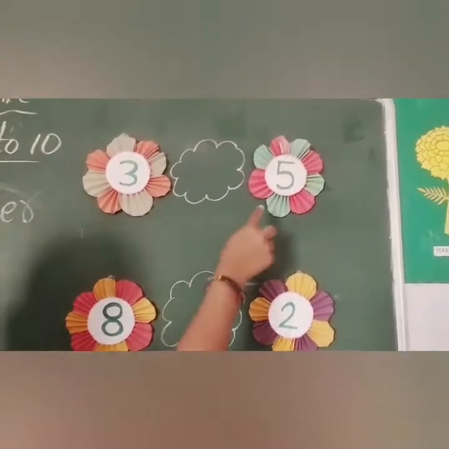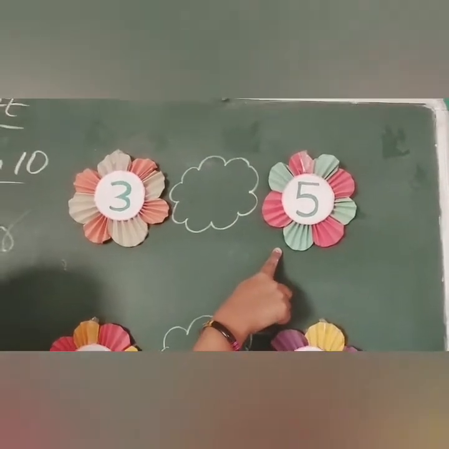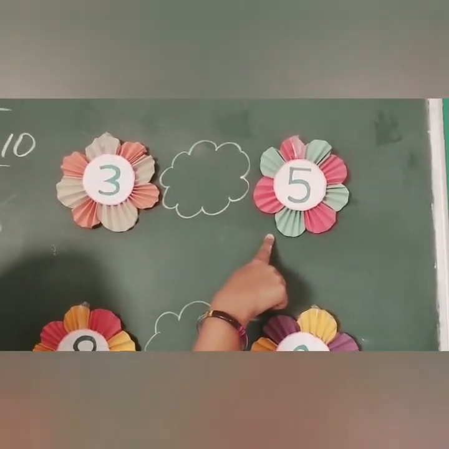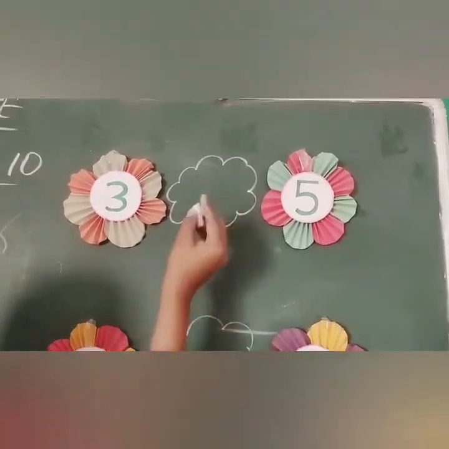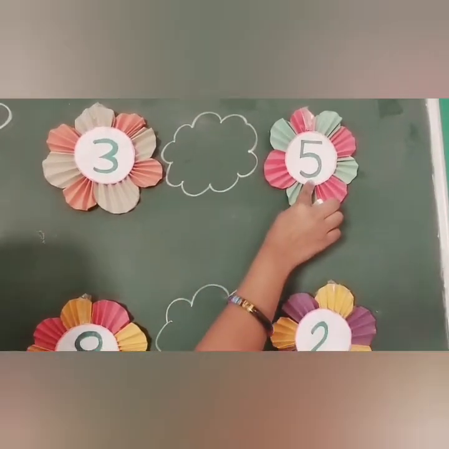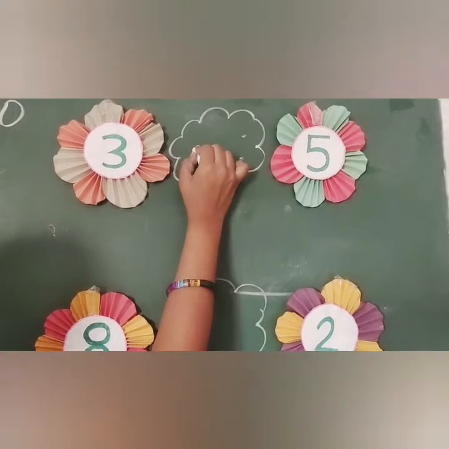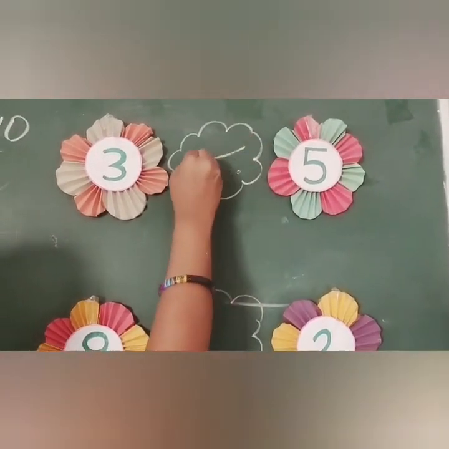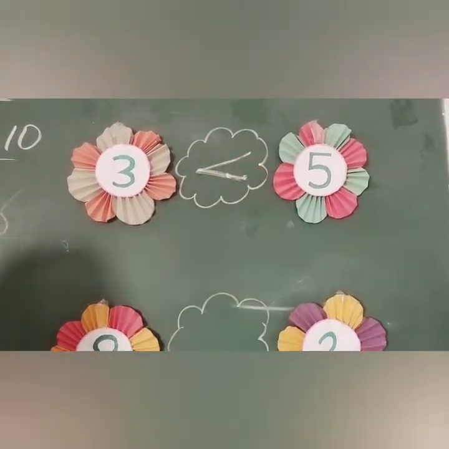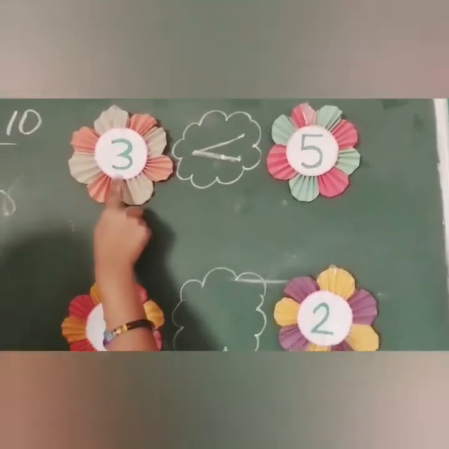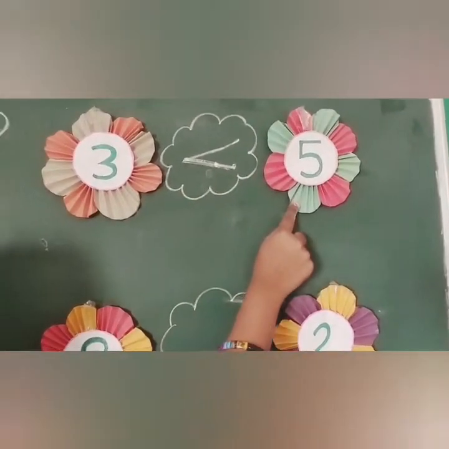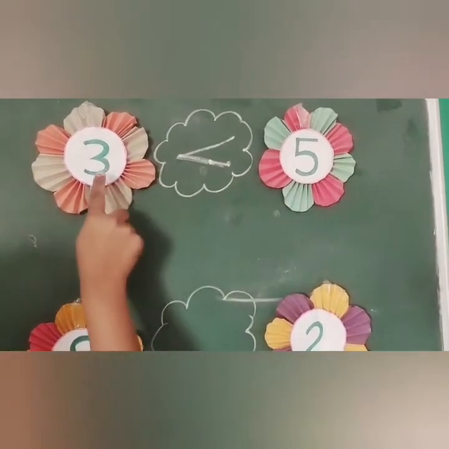How to identify 5? We have to use the symbol, right? What symbol? The symbol of greater than. How can we identify that 5 is bigger? Because 5 has 2 points and 3 has 1 point. Join all these dots, then we get the symbol of greater than. 3 is smaller than 5 and 5 is bigger than 3.